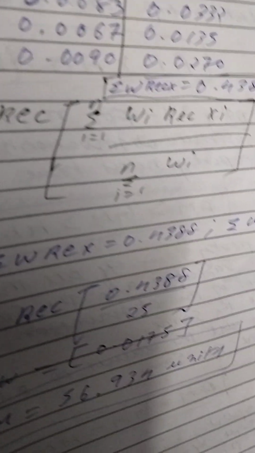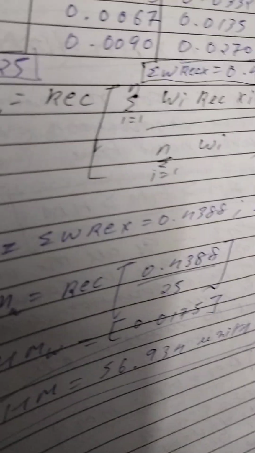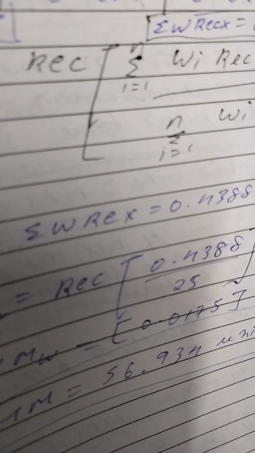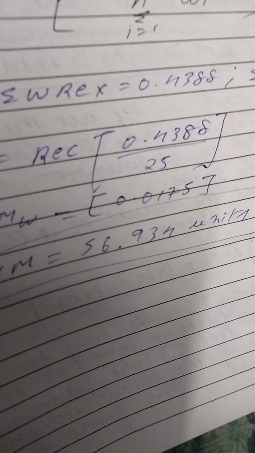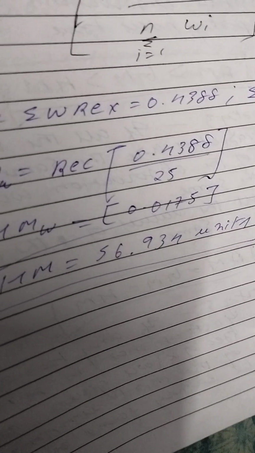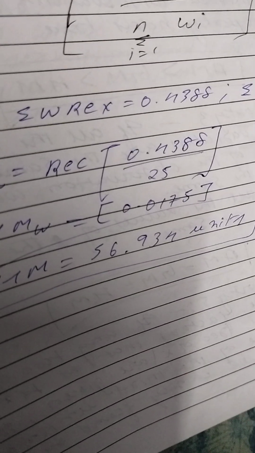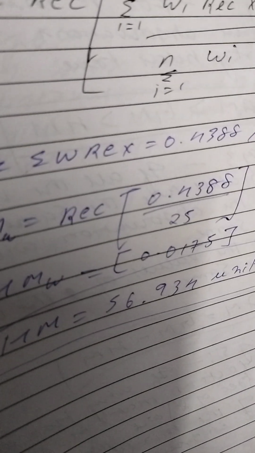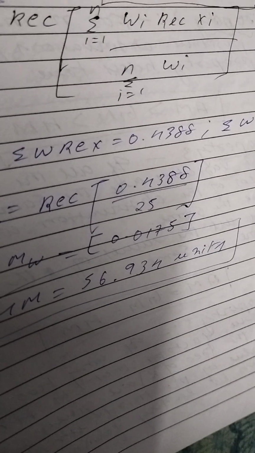Whatever the answer is, you then reciprocate, get 0.0175, and then again reciprocate, and you get the answer